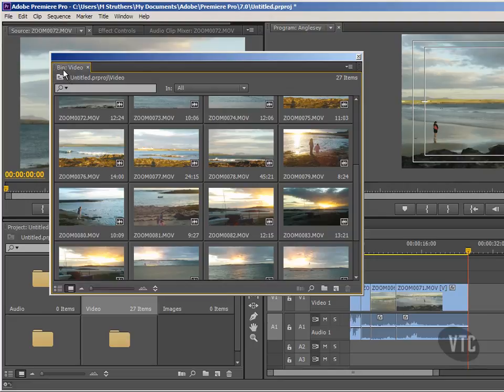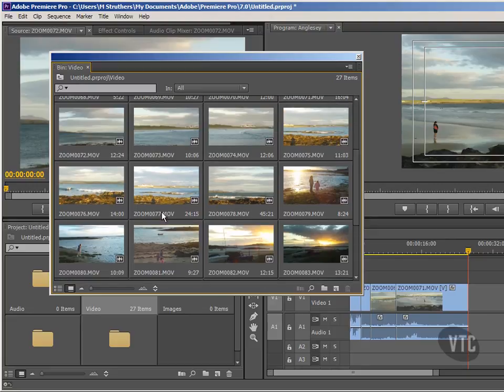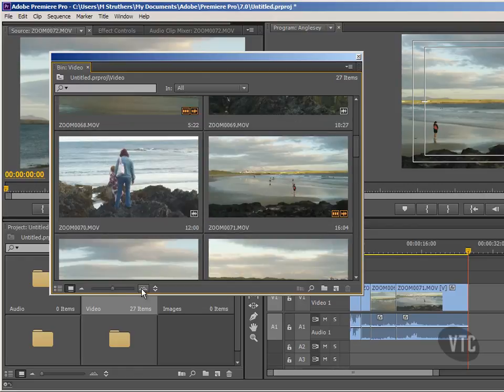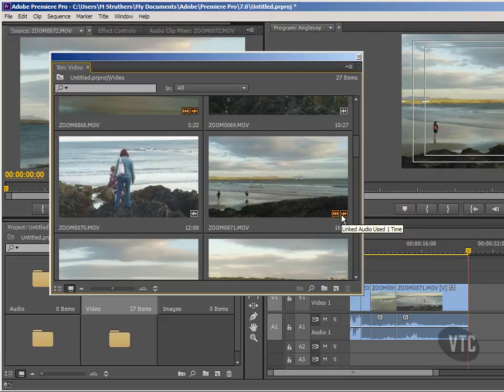Now these thumbnails might be quite small, and in actual fact they are a little bit too small for what I want to show you. So what I can do is come down to the zoom button, click on here a couple of times until I see this large enough so that it's comfortable to work with. Okay, and at this size, we can see that the clips we have used already, at the bottom right hand corner of any clip that has been used within this sequence, you'll see those two small icons. You can see that the video has been used, and also the audio embedded, and how many times,